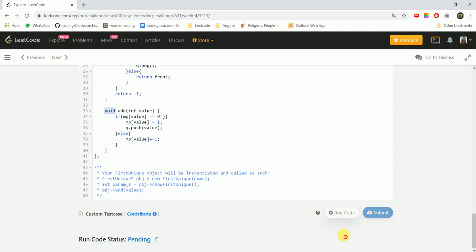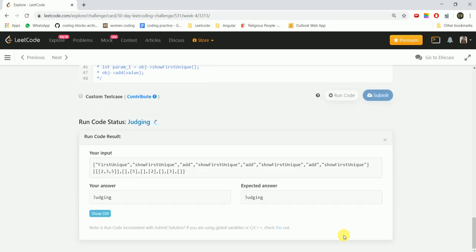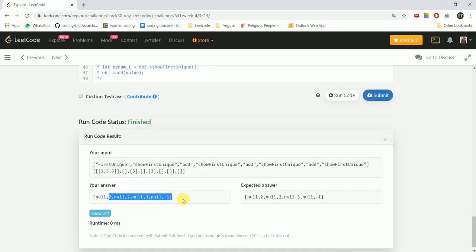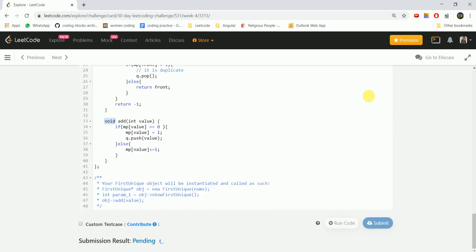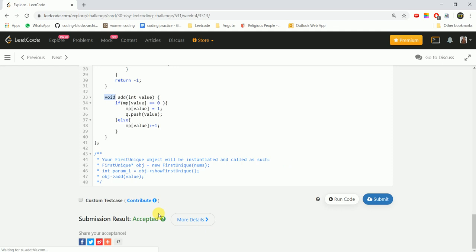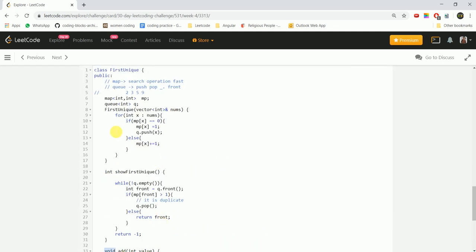I'll run the code. So the answer is correct, and if we submit it, we see that we get an accepted answer. This was an interesting question according to me, and it was basically more about which data structure you're choosing and how efficiently you can use it. So I'll reiterate the approach. We have a map wherein we store the element and its corresponding frequency. We have a queue in which we only enter those elements which haven't occurred